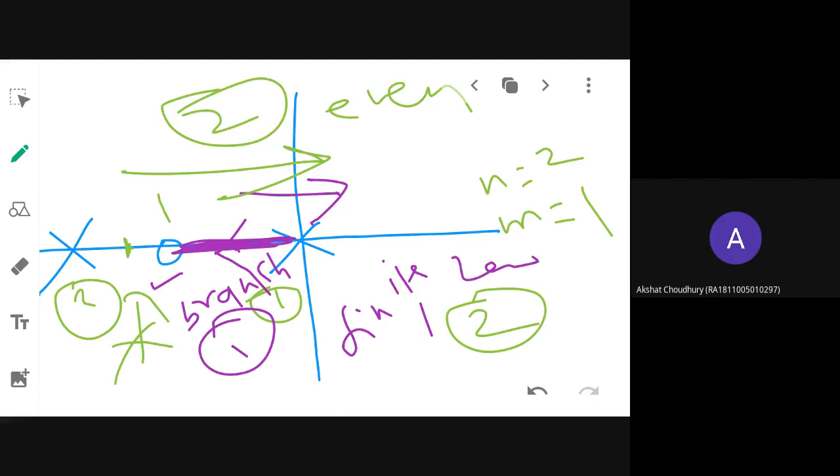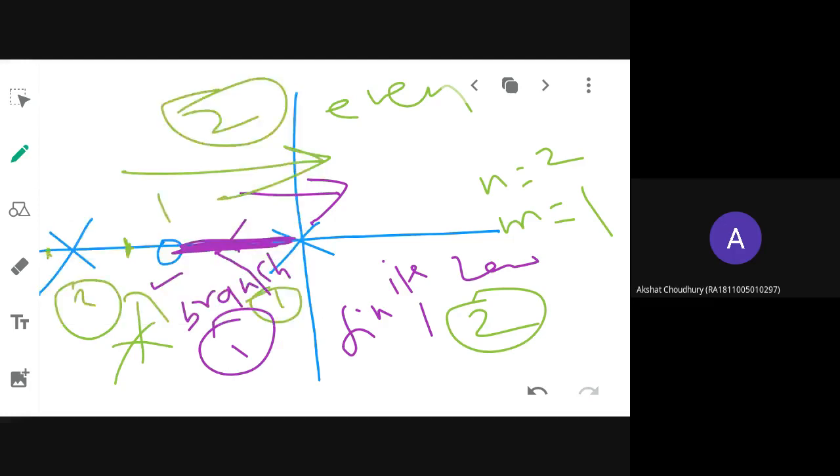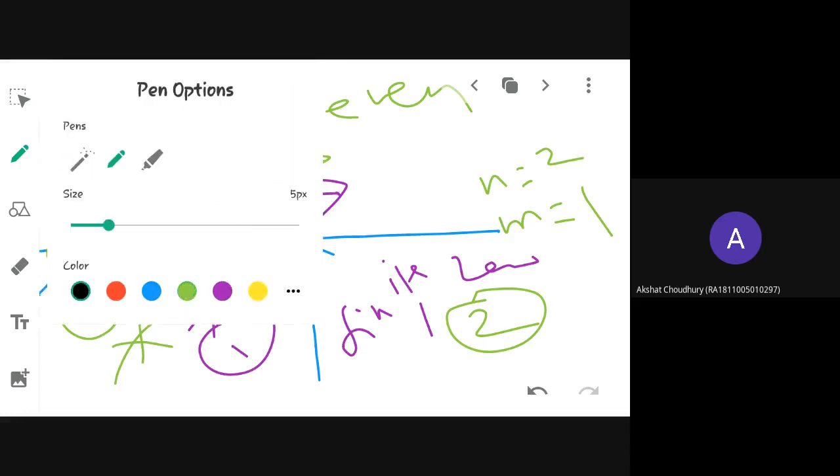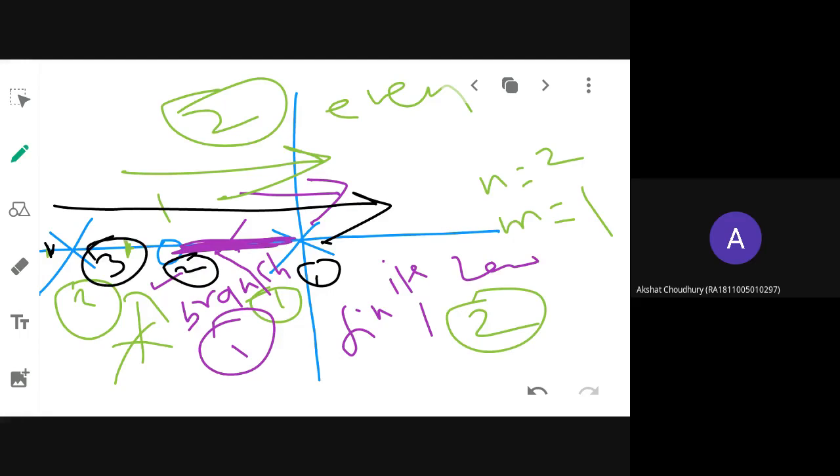Then you have to keep another trial point here. I will put it in black. Here I will keep a trial point. Again I will count the number of poles and zeros to this side. So totally how many am I having? 1, 2 and 3. So is that odd or even? Odd. So again I have to thicken this and mark the triangle. So this is also my root locus, like this.